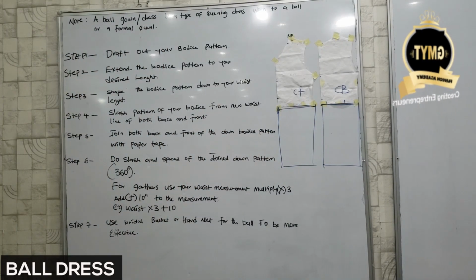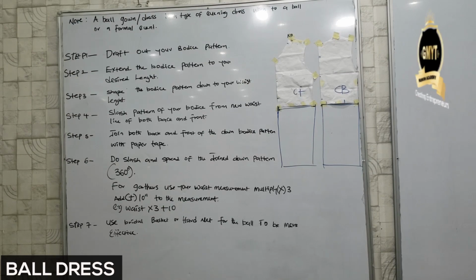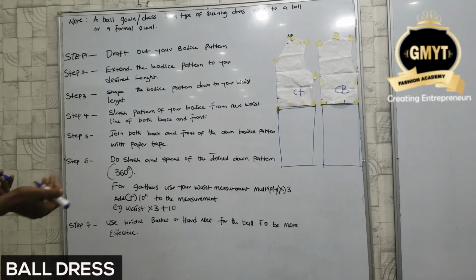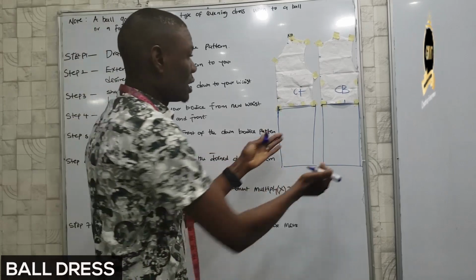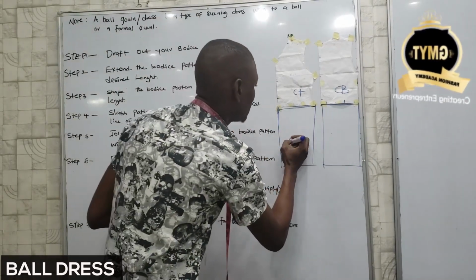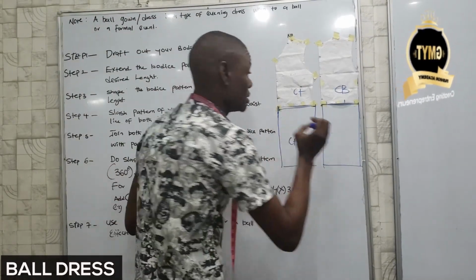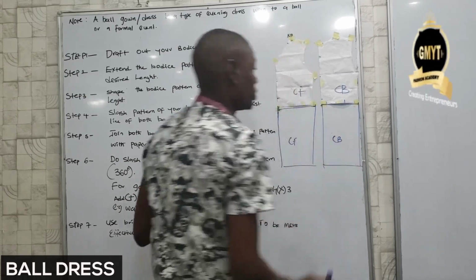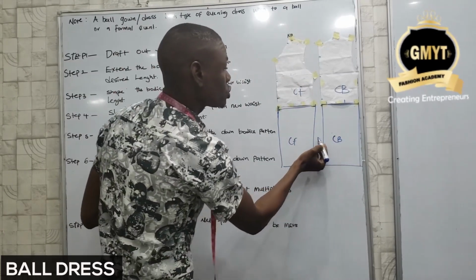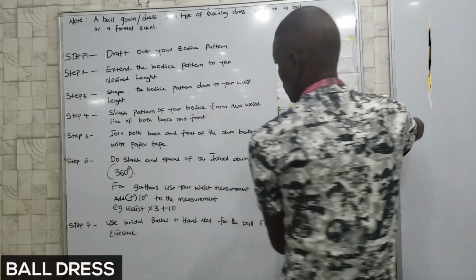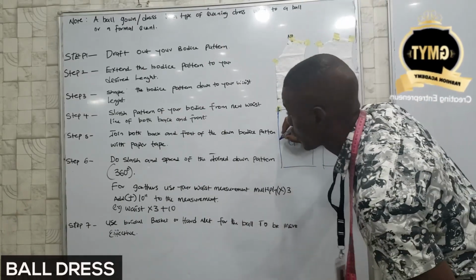So after doing that, it said join both back and front of the down body's parts, or the down body pattern, with the paper tape. This is what you have here. Now this is my CF of the down part. This is my CB of the down part. Now you are joining both side seams. This particular part here is a cut on fold